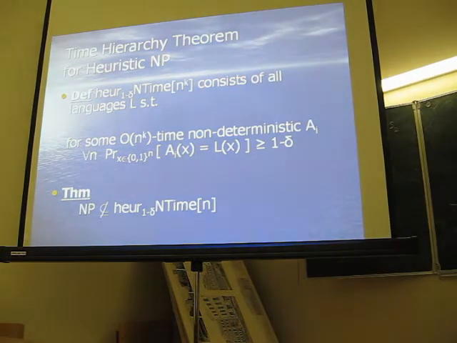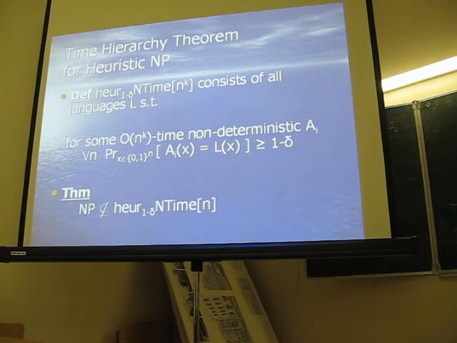So let me just give you a few seconds to read this. Correctly means that if it's lucky, it produces a correct answer, and if it's unlucky, it doesn't produce any answer. On the remaining delta fraction of inputs, we allow A to produce a wrong answer. But for the correct part of inputs, what does it mean that A non-deterministically produces L? This means that there is a way to produce it. There is no way to produce an incorrect answer.